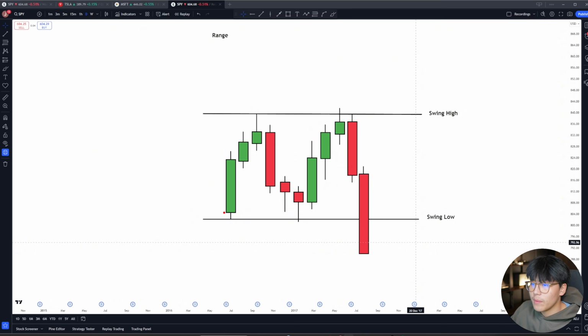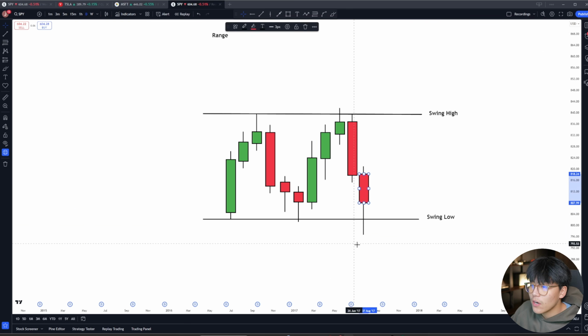Let's say the candle was forming and price was gravitating towards the downside. This looks very bearish, right? We're breaking underneath this swing low. If price closed like this, then we would be looking for continuations towards the downside. But before this candle closes, let's say it wicks back up and you can see that buyers are stepping in off